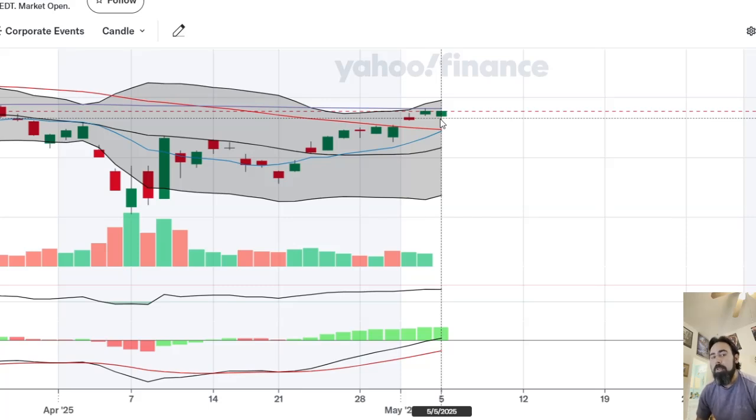And that's going to be really hard to do if we keep opening lower and then coming up through the day. It's really deceiving. It's like you're still going down, but then just breathing during the day. And yeah, that's hard to trade. And it made me nervous. So I started with SQQQ today.